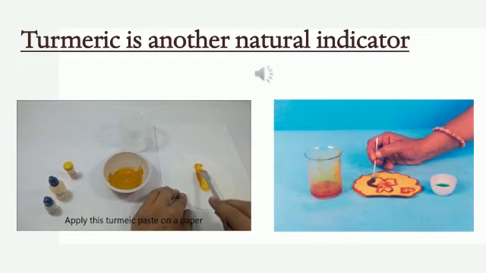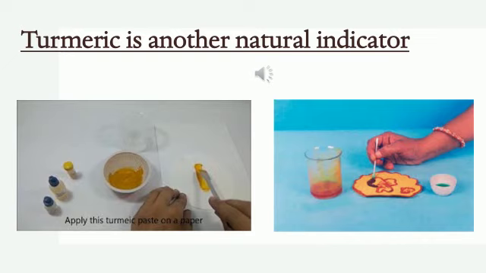isn't it? So here you can see, they have used yellow blotting paper to draw a picture. So for making a greeting card, they are doing like this. Okay, using turmeric paste on the paper and they are using soap solution for it. So you can also prepare a greeting card for your mother on her birthday. So apply a turmeric paste on a sheet of plain white paper and dry it. Okay, draw a beautiful flower with soap solution with the help of a cotton bud. So you will get a beautiful greeting card.